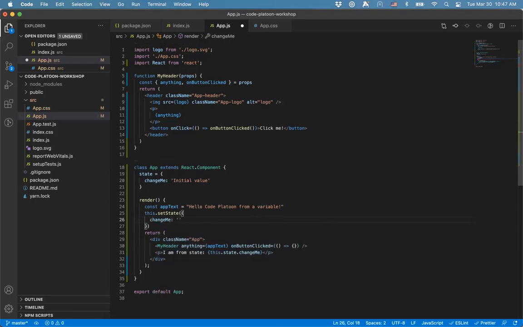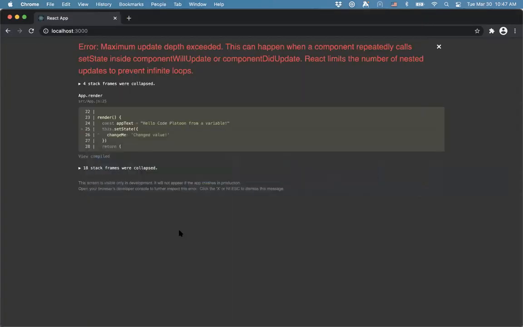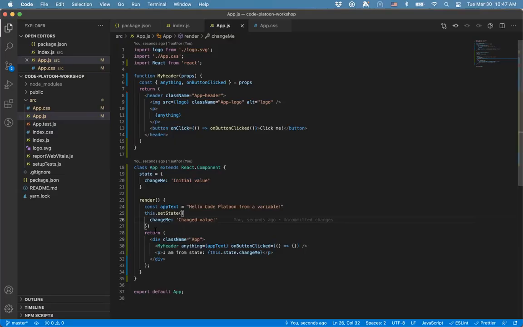So if I change me, and I put that to changed value, essentially I'm giving it a little piece of state, and I'm saying this is the change I want you to make, go ahead and do that. And now I go back in here and it breaks, right? Because I didn't do this. So what I just did there